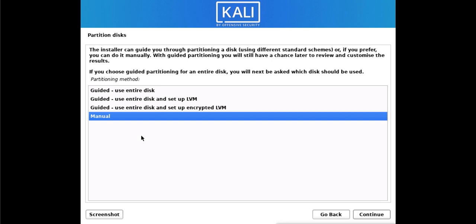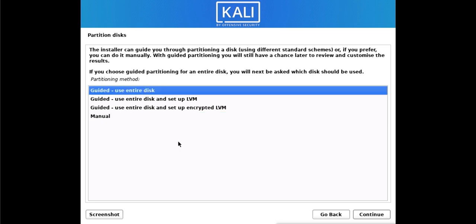Swap partition is the virtual memory page file in Linux, in Windows. It is the hard disk space which the machine uses as a RAM, for the buffer of RAM. So if you are creating manually, then you have to create slash partition and also swap partition. Now I am going to use the entire disk because I am not having any data in the disk, and I don't want to have any other partitions also.